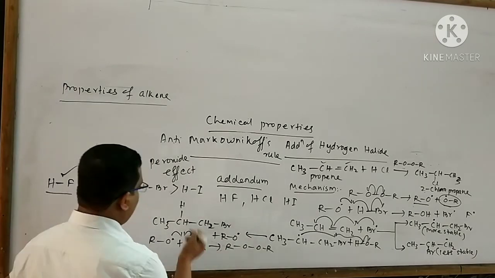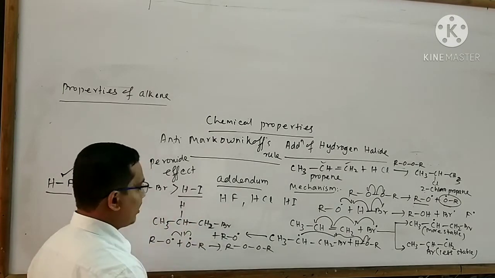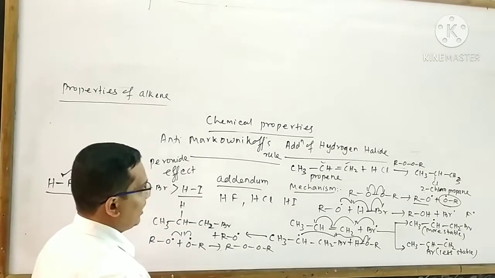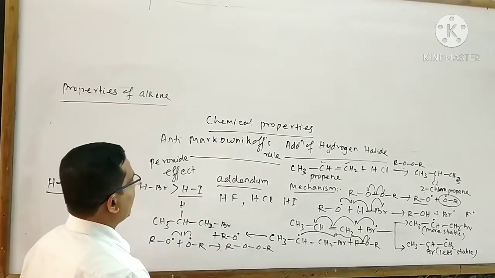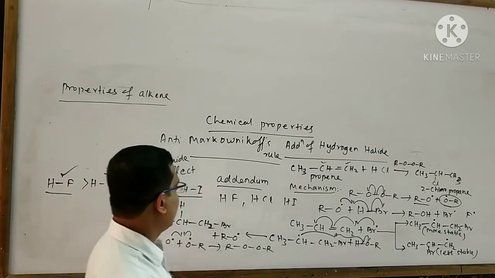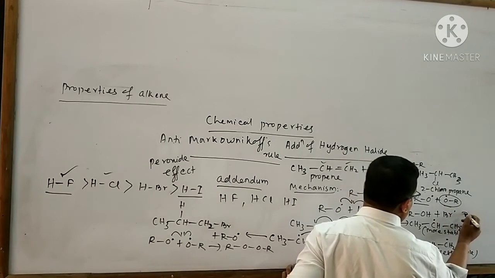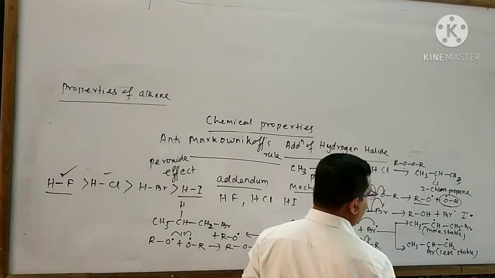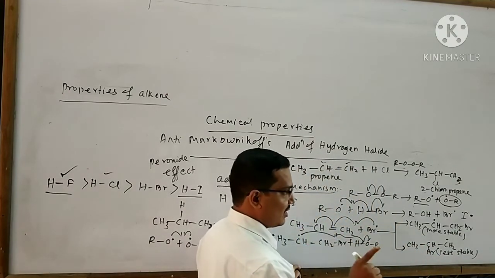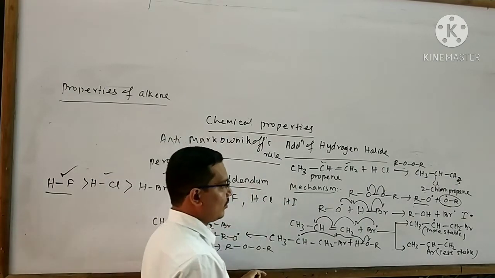If I think about HI, no doubt a weaker bond is present as compared to HBr, so it can undergo the free radical mechanism and obey the anti-Markovnikov's rule. But in this case, what will happen? No doubt the I dot radical is formed very easily. Remember an important point: no doubt iodine radical is formed very easily due to the weak bond present in the HI molecule, but